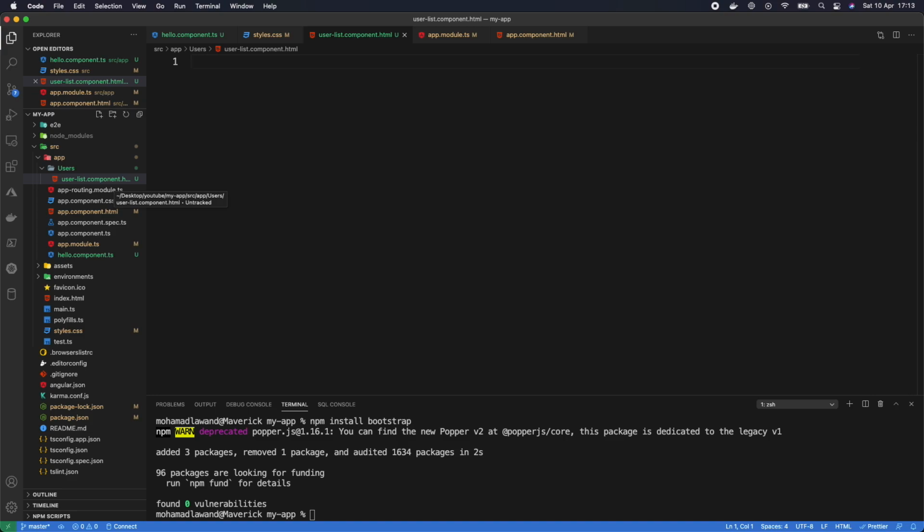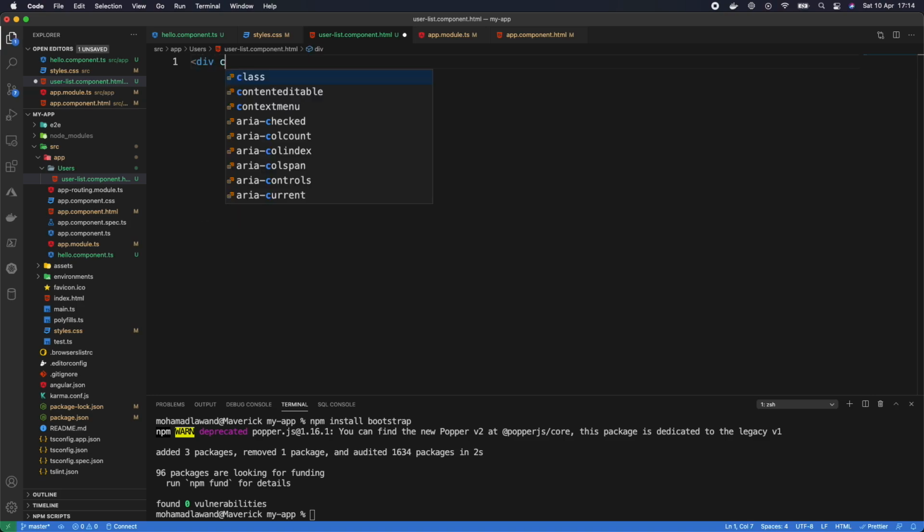Before we delve into it, let's describe what this component is gonna do. This component is gonna show us the list of users that we currently have, and in order for us to have the list of users, we're gonna display them in a table. We're gonna create this interface inside the user-list.component.html. So great. Since we already have Bootstrap enabled, first of all we're gonna